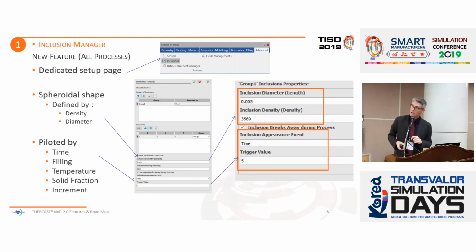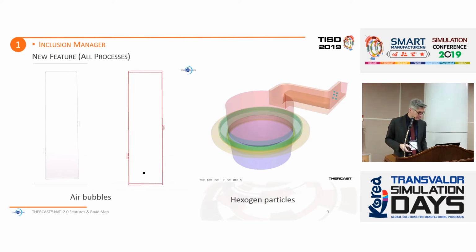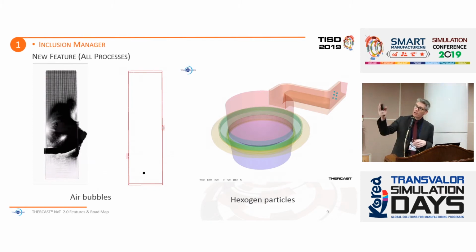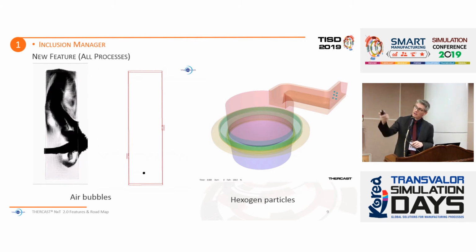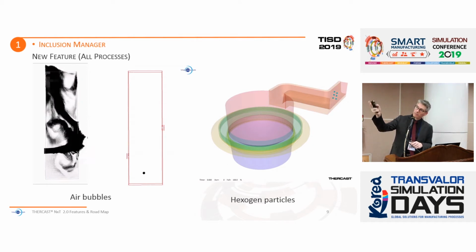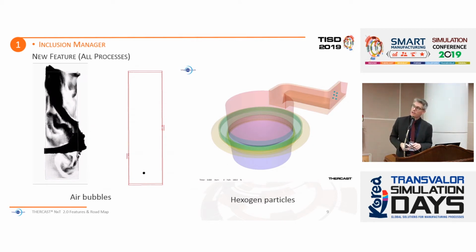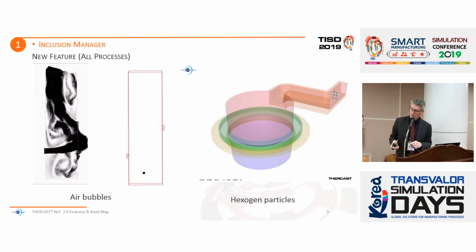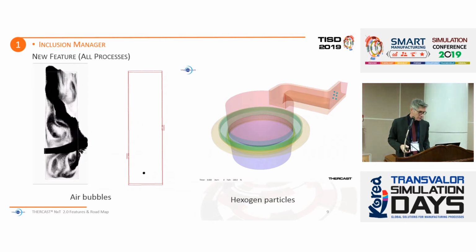The injection can be driven by time, filling, temperature, and others. So as an example, here we have developed a test case where we have a square box in which we have a fluid flow like this, with a jet coming from the right, quite smooth, and from the left quite strong. Then you have this kind of trajectories in the fluid, and associated to this we have set up bubbles.